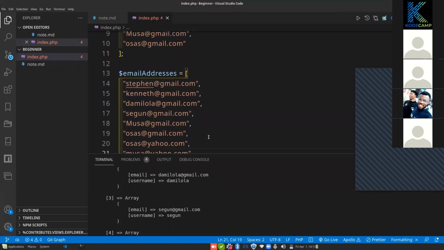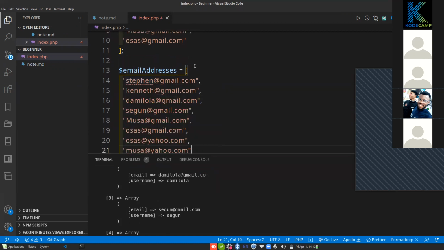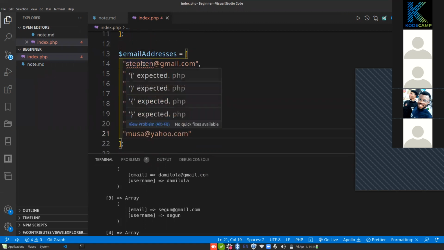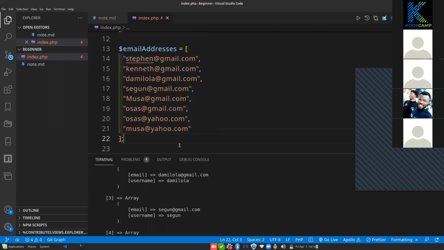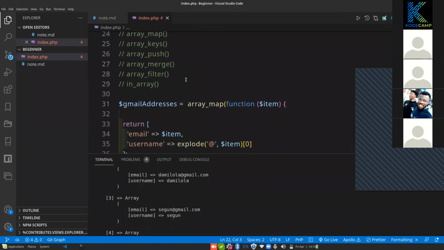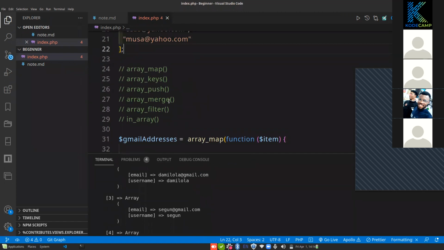And we are then asked to separate only email addresses that has, what's it called, that's only Yahoo email addresses and Gmail email addresses. We are asked to filter this. So this is where we now